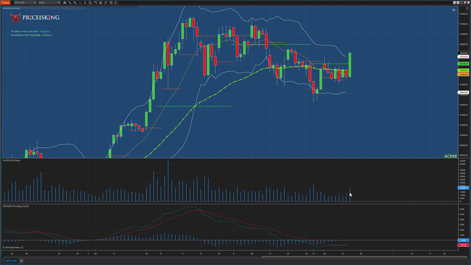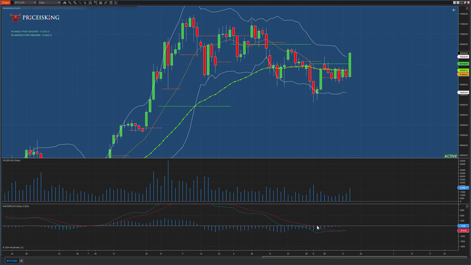There's some people that are out there looking at buying. And then what do we see here on the MACD, right? What we noticed was there was a period where it was coming down. You had a whole bunch of days, weeks, maybe even a month, where you saw a negative MACD, and then all of a sudden we have some